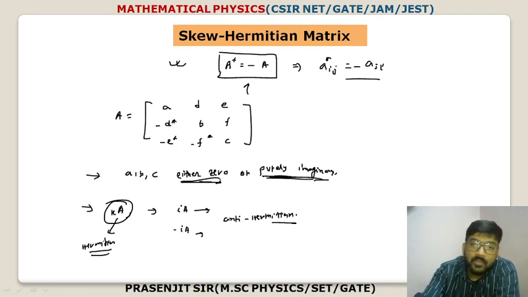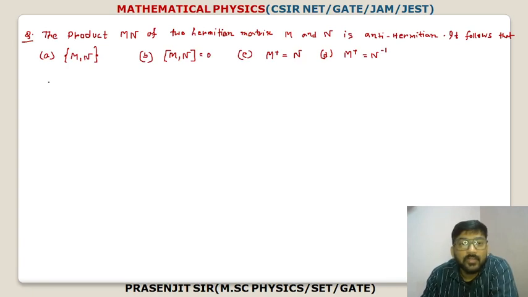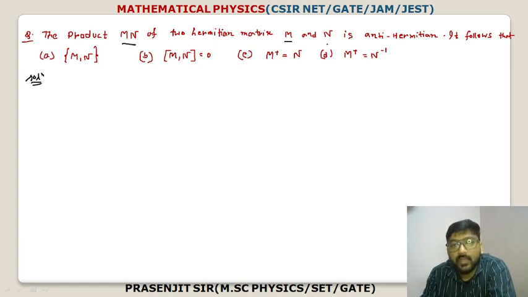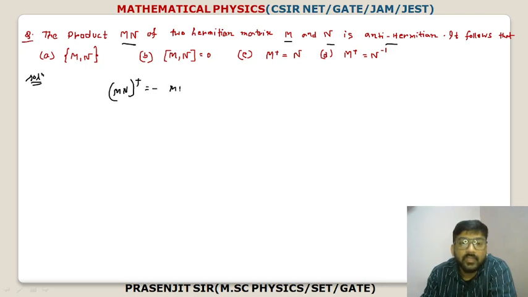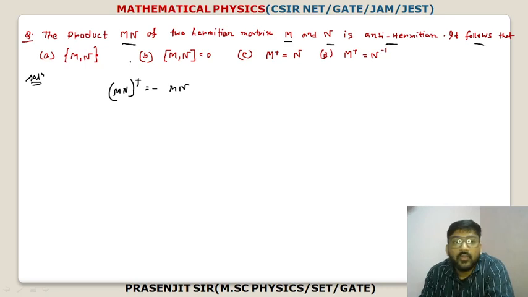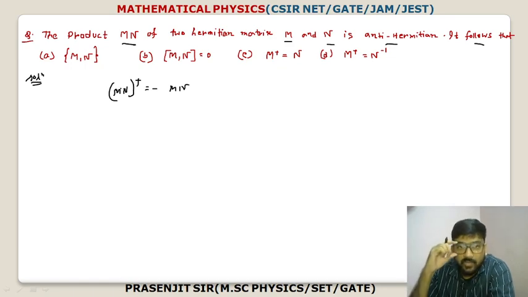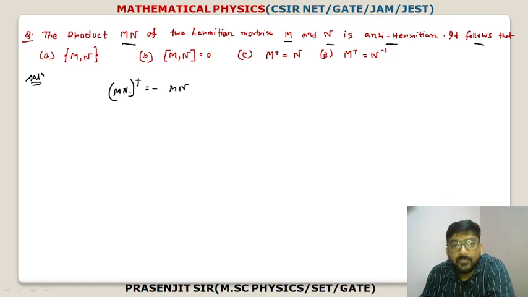Okay, so now here let us solve a simple problem. So देखो problem क्या है, the product MN of two Hermitian matrices M and N is anti-Hermitian. तो एंटी हर्मिशियन बोल दिया गया, प्रोडक्ट MN इज एंटी हर्मिशियन। एंटी हर्मिशियन का मतलब क्या हो गया, MN का जो डेगर होगा ये हो जाएगा माइनस MN के बराबर। It follows that, तो ये कौन सा जो A B C D ऑप्शन में MN का जो रिलेशन कौन सा वाला ये फॉलो कर रहा है, हमको यही निकालना होगा। तो देखिए (MN) dagger ये जो है दिस इज इक्वल टू माइनस MN, ठीक